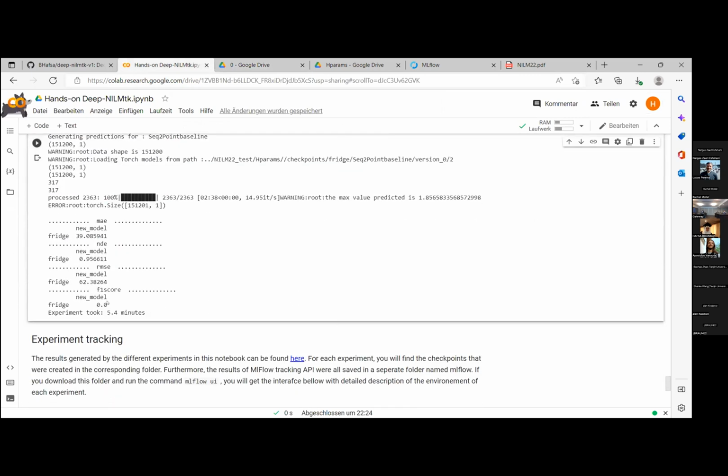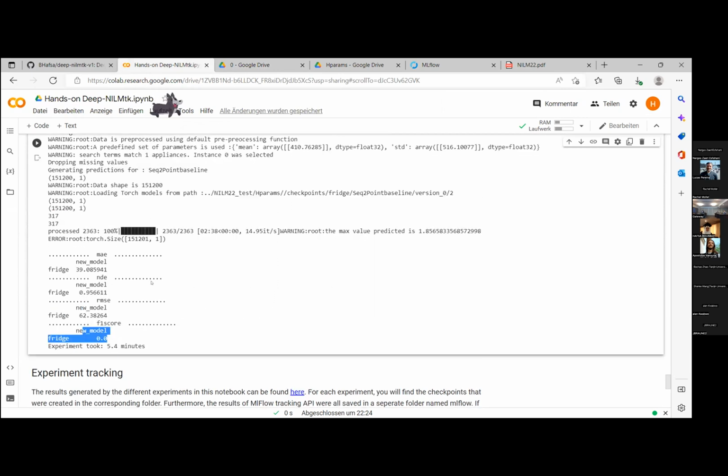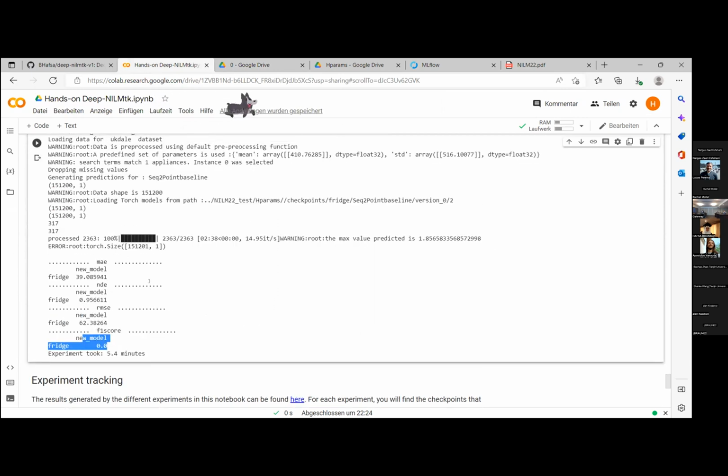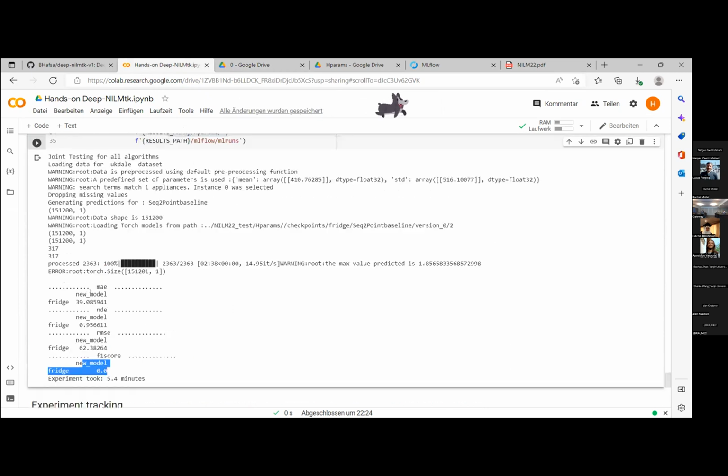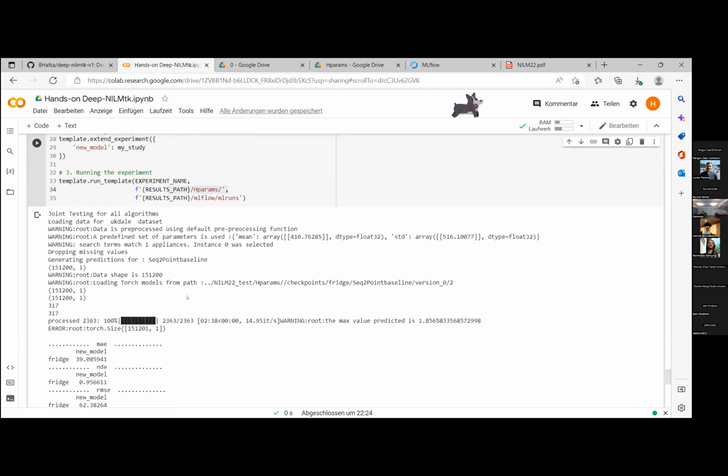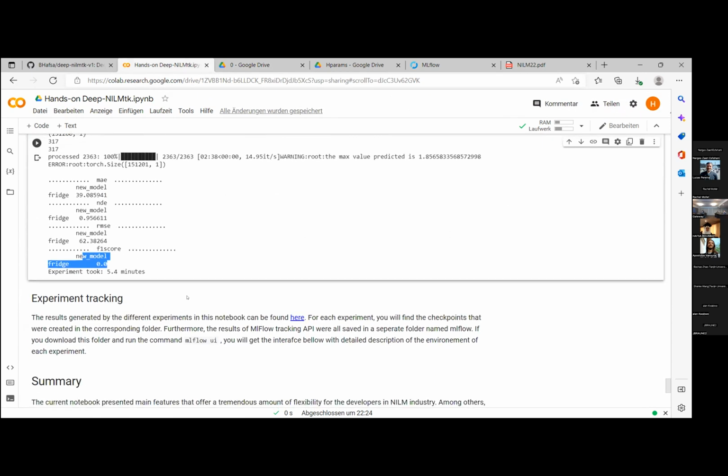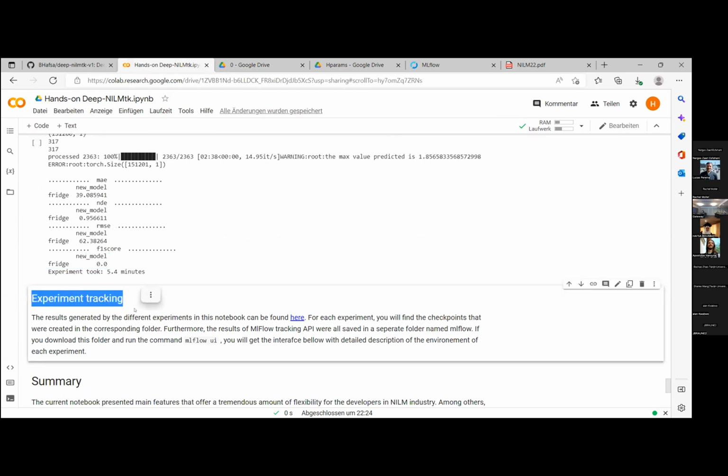And of course, it's always performing very poorly for the F1 score, but still, only the best model that has been selected during the training was tested. So this is the main advantage. You will not have to do any manual intervention. Everything is performed automatically. And the last main advantage I would like to mention of the toolkit is the experiment